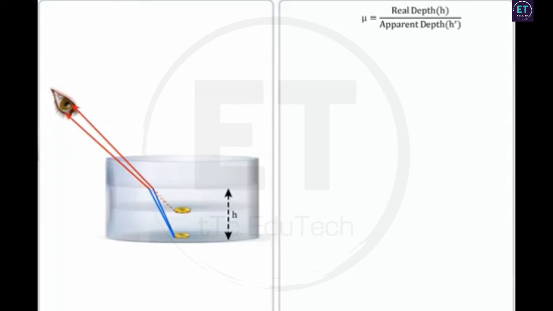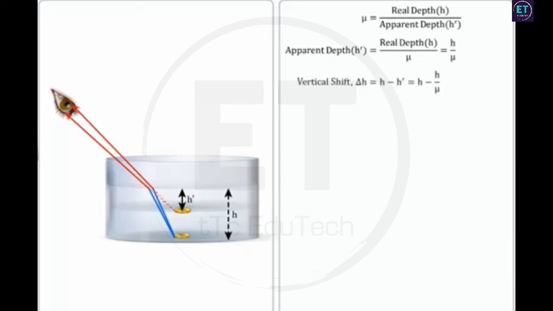Refractive index mu of a material is the ratio of real depth h to apparent depth h dash. Thus, apparent depth is the ratio of real depth to the refractive index. Vertical shift, denoted as delta h, is equal to the difference of real depth and apparent depth. By substituting the values of h and h dash, we get the expression of vertical shift as h multiplied by 1 minus 1